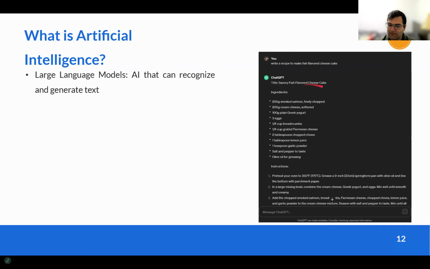When it says fish flavored cheesecake, it doesn't know what it's saying. It's just copying what I said. I asked for a fish flavored cheesecake, so it gave me fish flavored cheesecake. Ingredients, I don't think anyone has written it. Maybe they have a recipe for fish flavored cheesecake, but the large language model guesses what word is supposed to